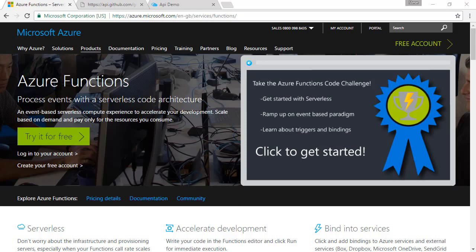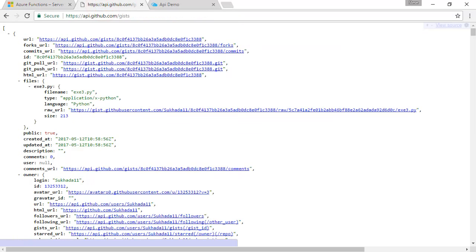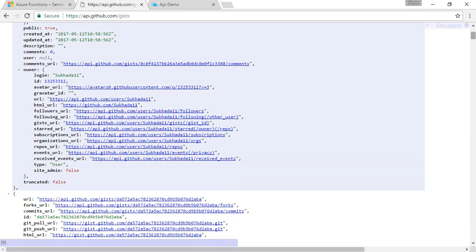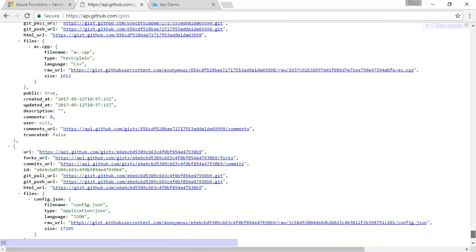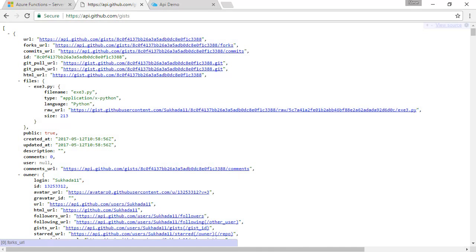What I'm going to do is show you how to quickly create a RESTful API using Azure Functions, linking to DB, which is Azure's document database. So what we need to start with is some data. So I'm going to use GitHub and some gists that GitHub exposes, and this is just some JSON data here, and there's 30 records, but the content isn't really of any interest to us, just that we've got some data